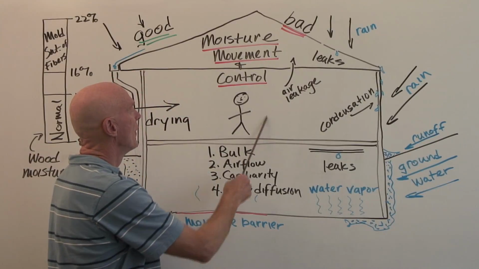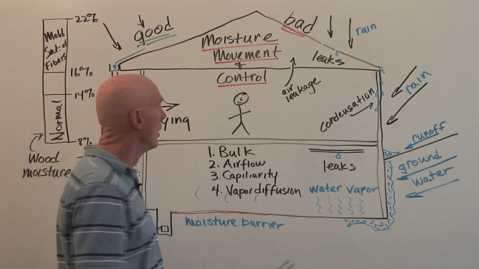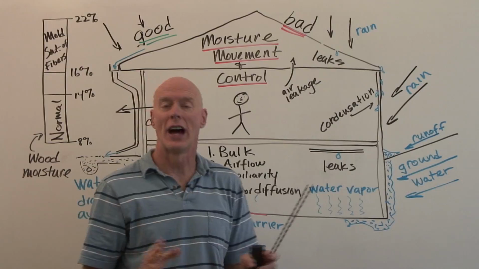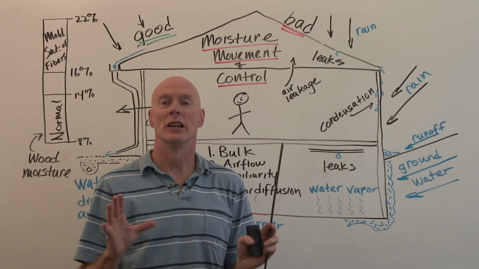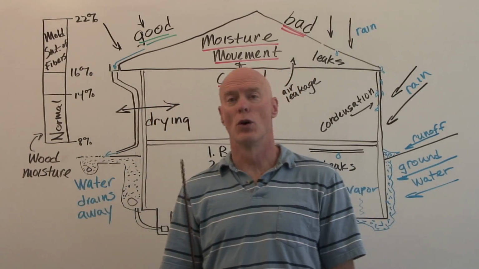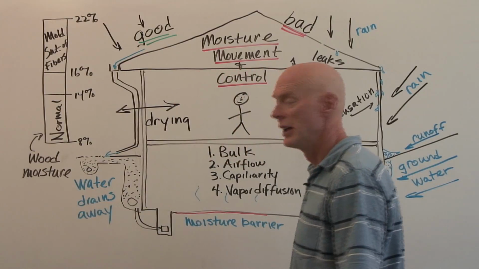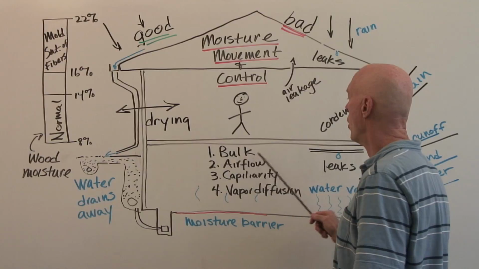First of all, we've got the health of the people in the home. And second of all, we've got the durability of the home. That's what we're interested in optimizing. There are 4 ways that moisture moves around in buildings. And they are the flow of bulk water,